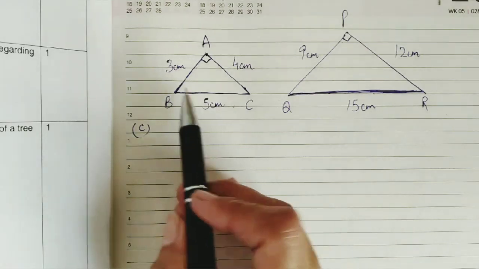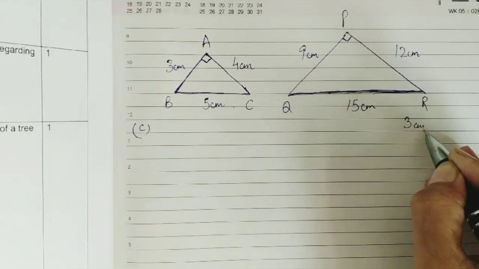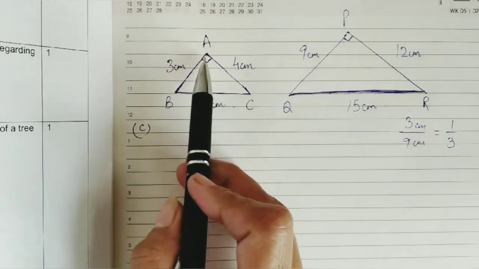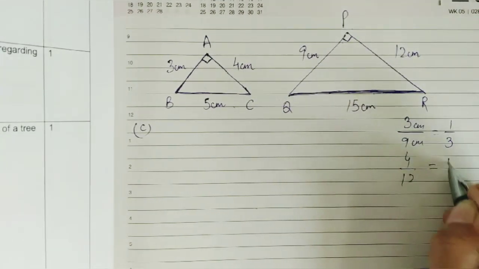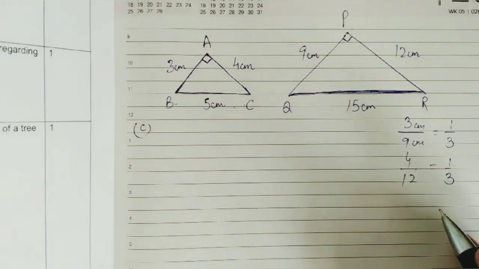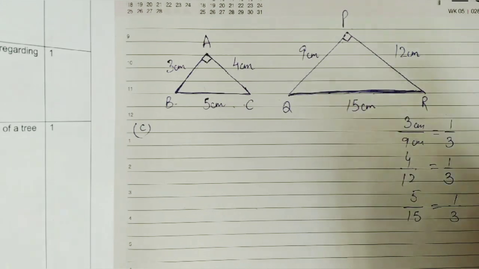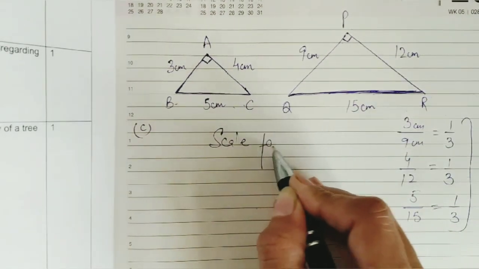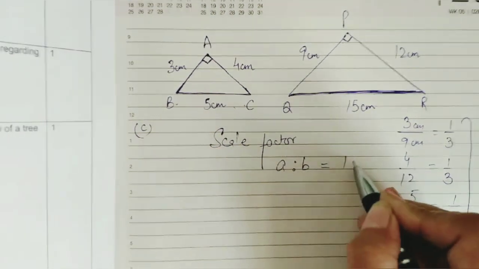sides. AB is to PQ, 3 by 9. What is that ratio? It's 1 is to 3. If you take AC and PR, 4 by 12 would also be 1 is to 3. And same way BC and QR is also 5 by 15, which makes it 1 is to 3. That means the scale factor, in this case, is 1 is